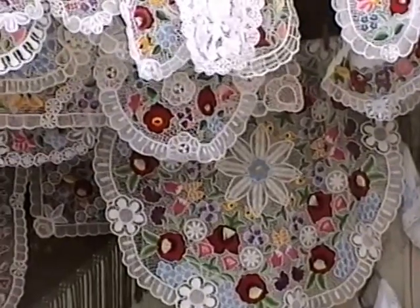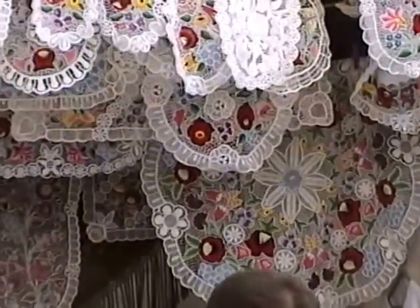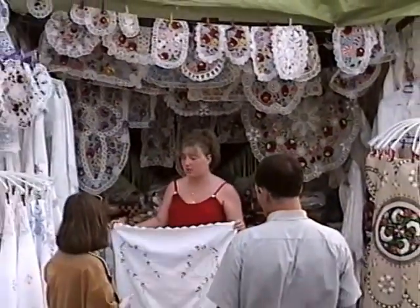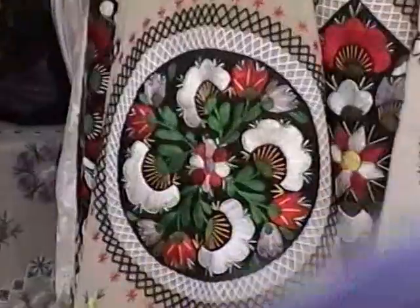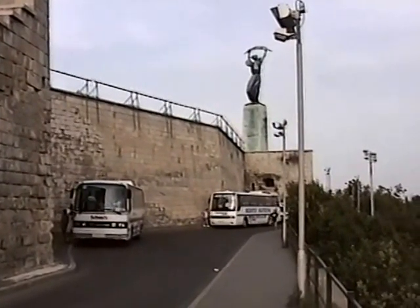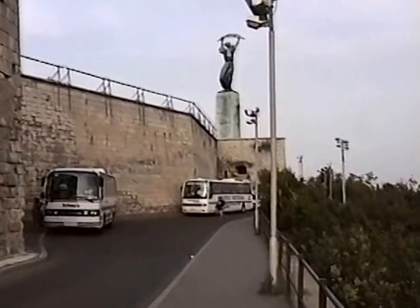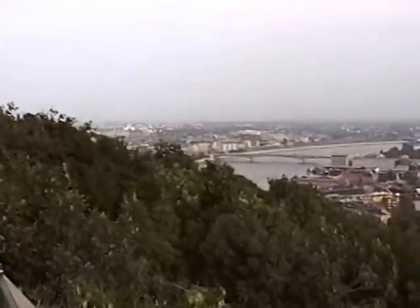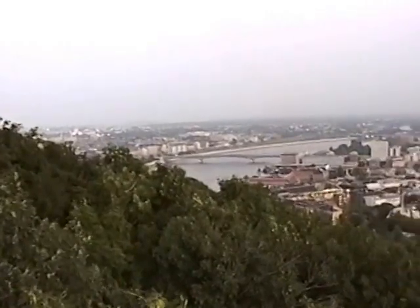Lots of shops selling this beautiful, intricate embroidery. The Citadel itself commands a wonderful place to control all of the...